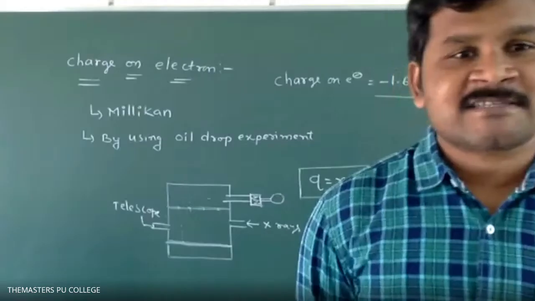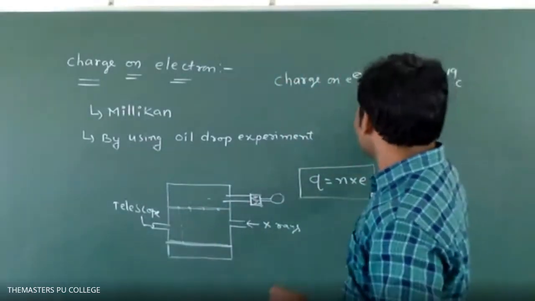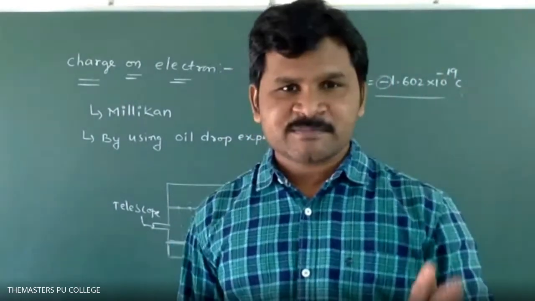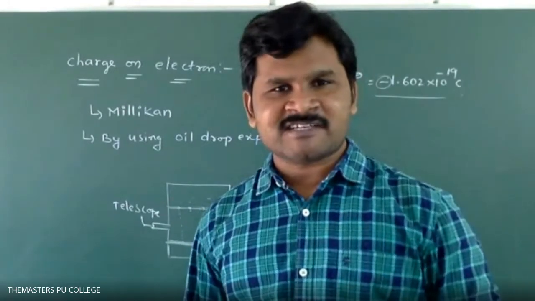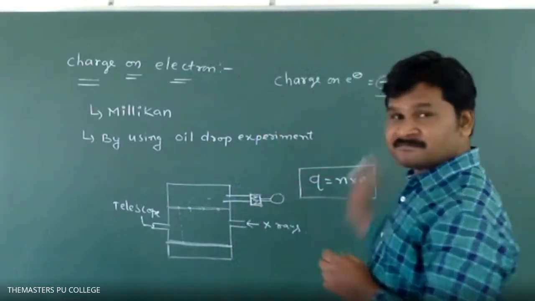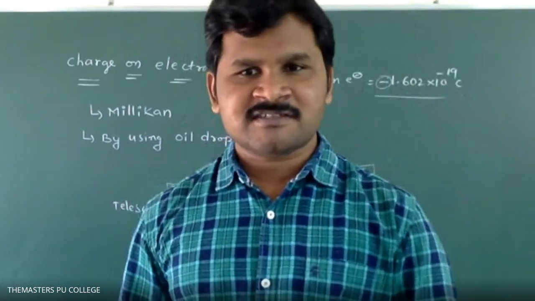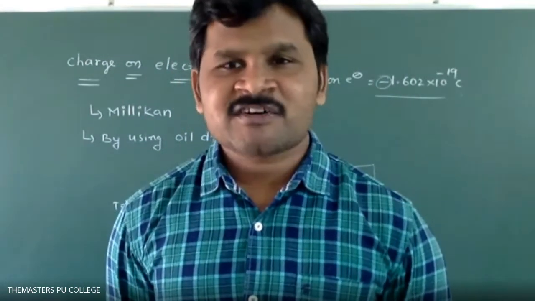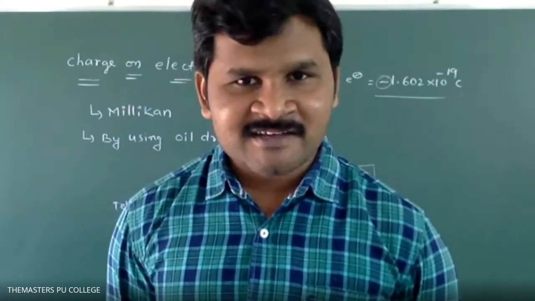So that is 5 electrons. Here you may get one doubt. I am using minus, but when it is a number of electrons, you should not write negative. A number means it is just present, so there is no need to take the negative charge. Only in rare cases will we use the negative charge. Otherwise, the common value 1.602 into 10 power minus 19 only we will use. So the answer is 5 electrons. With the exact 1.602, you will get 4.995, which is 5 electrons only, a round figure.